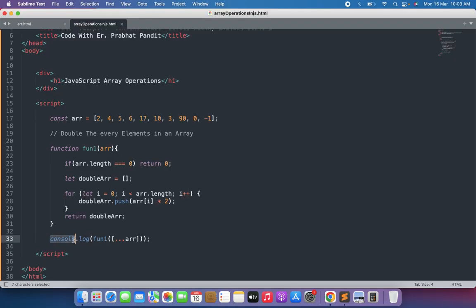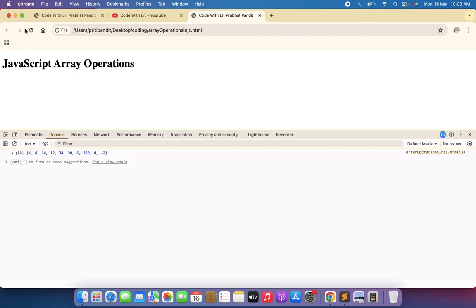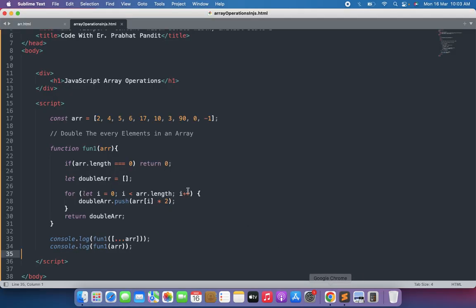Let me copy this and paste it here. So instead of this, give a simple array. This will also do the same thing. Save the file, cancel this, save the file, and have a look in the browser. Just refresh this page, and we got the same array here. Now we will learn different